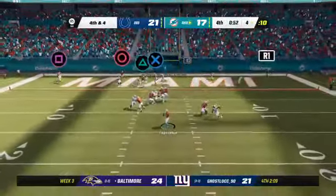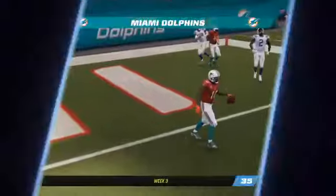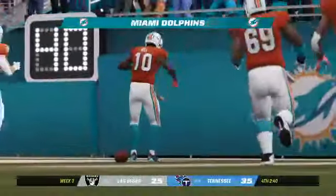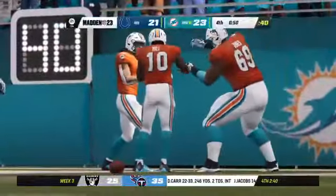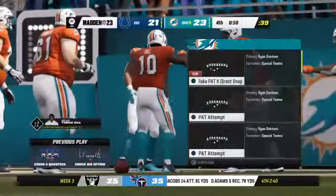Fourth down, 4th quarter. Here's Tua. And this is caught. Touchdown. And they've taken the lead here in the final minute. What a game this has been, and what a drive that was, Charles, to take the lead here late in